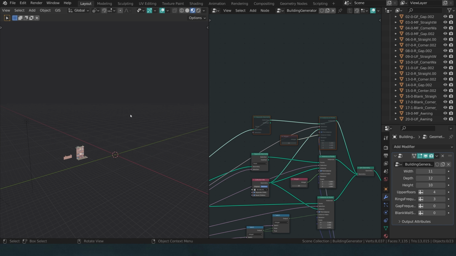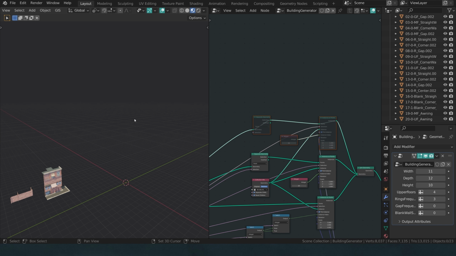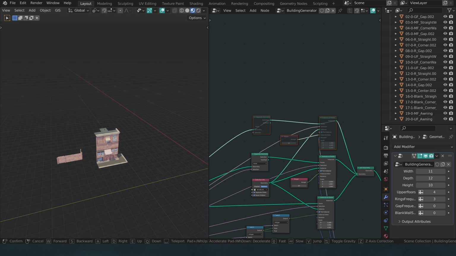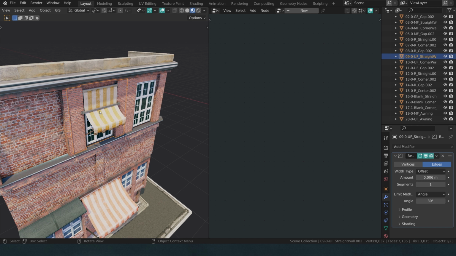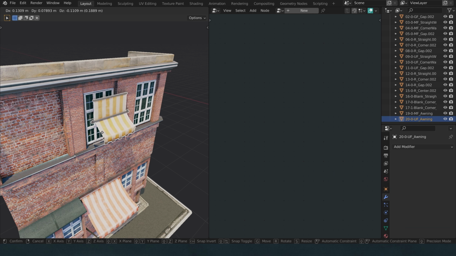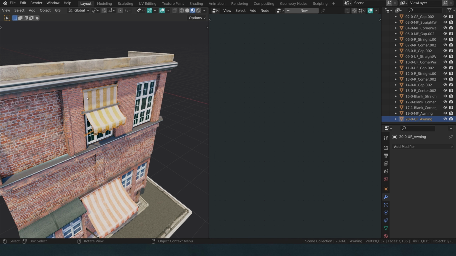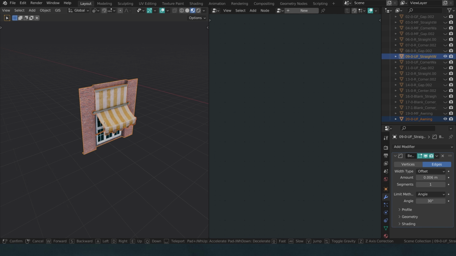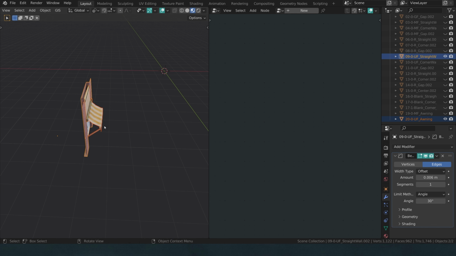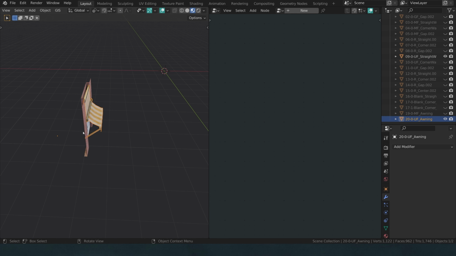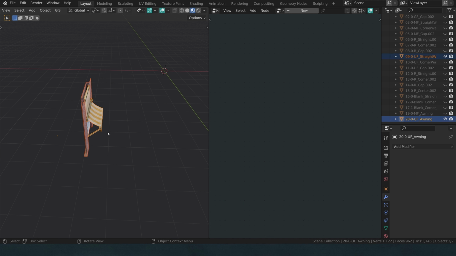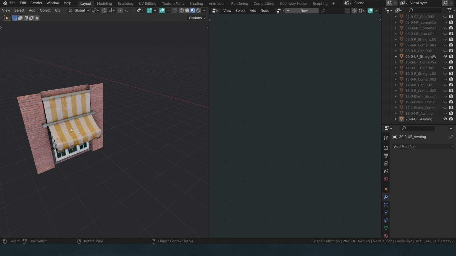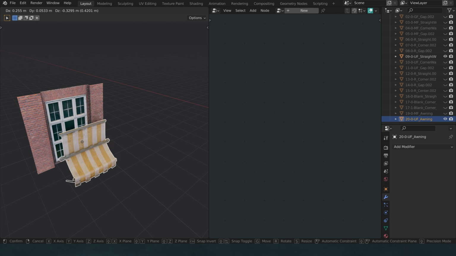Let me quickly digress for a second here. The secret of how it works is actually based on how I modeled it. If we take a look at this upper floor, I have modeled the awning so that it already fits perfectly in positioning. This is a separate object, but if we take a look here at the orange origin point, you can see that they share the same origin point. They lie on the same origin point, which means that as soon as we put both objects on the same point,